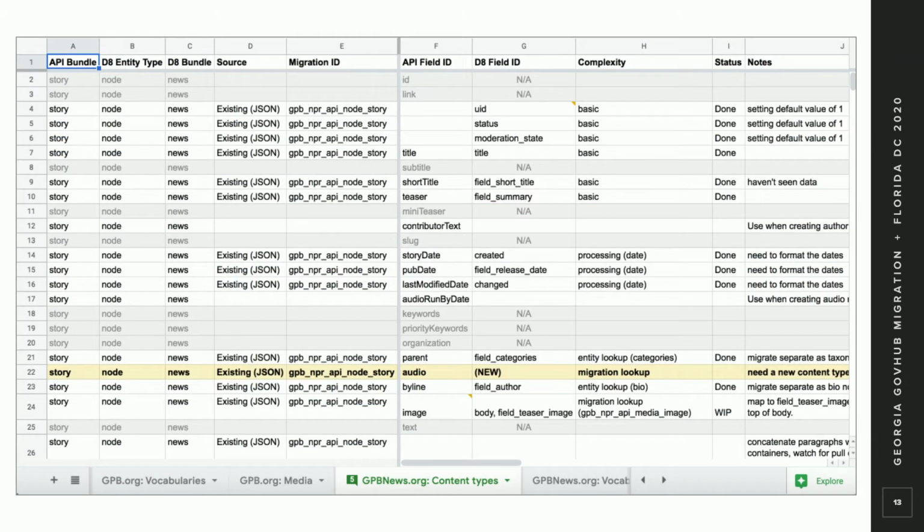Since this project, I'm on a different project now, and we've actually iterated on this a little bit. I combined Karen's script that has all the field instances and added in some details about the mapping. So we can focus on the field level mapping and not so much the content type. Instead of having to put line breaks in my cells, it was a lot easier to filter this and to